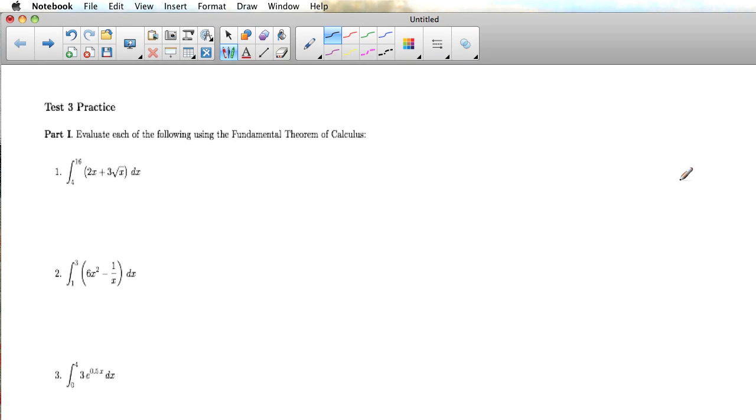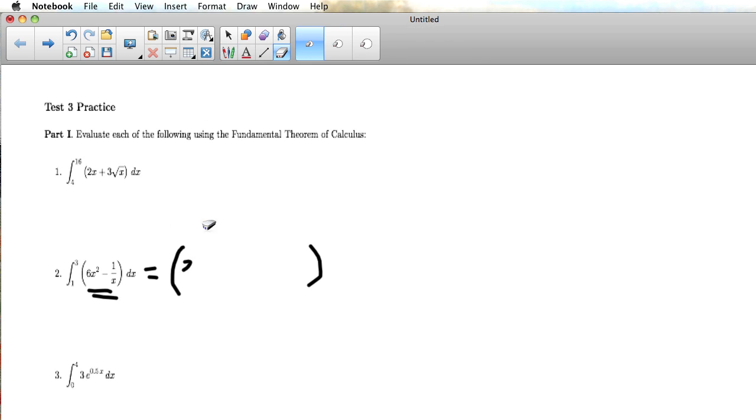Okay, here are a couple of solutions to problems off of the practice problems for test 3. Under part 1, I believe we did the first one, but in number 2, remember what we're trying to do here is find an antiderivative of what we call the integrand, this stuff. So the antiderivative of 6x squared is